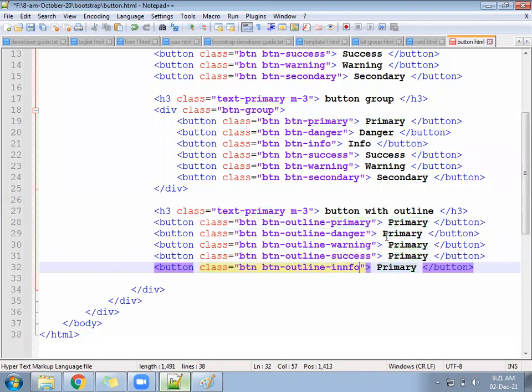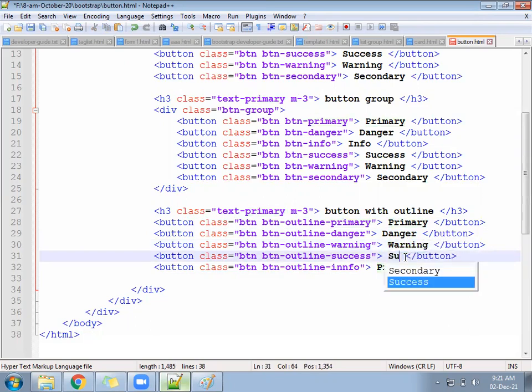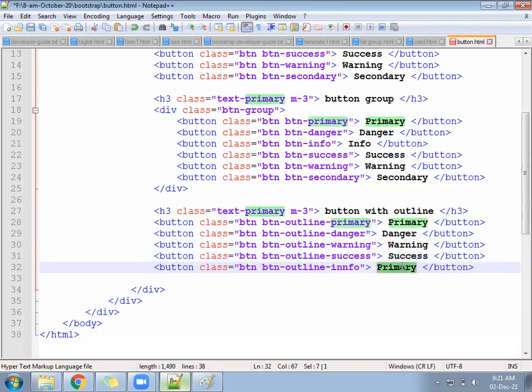It will give a different color combination. This is called danger, warning, success, info.